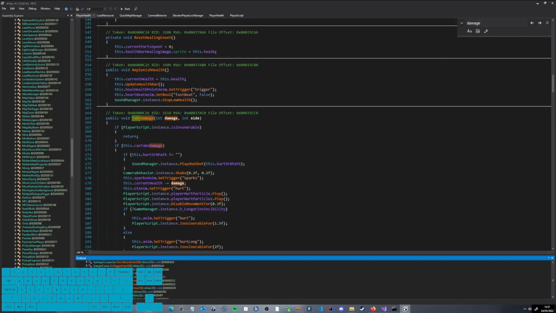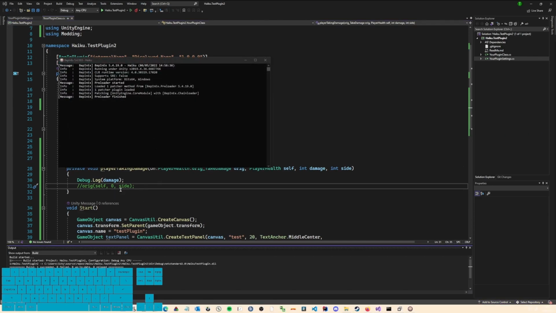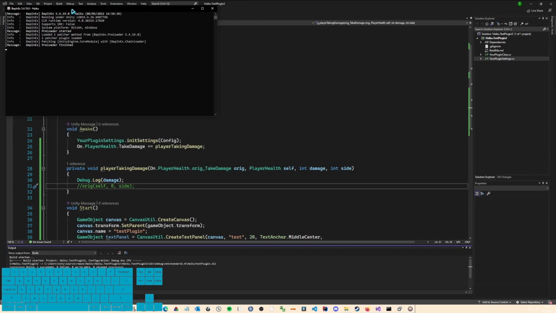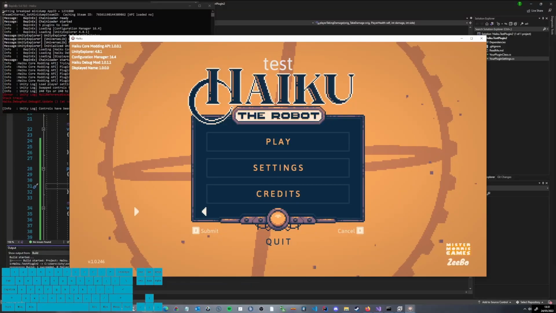That's not the best way of doing it. What we also could do is actually just not do this, and that way we would just not take any damage. Why not just try that out for now? This way, the method actually just wouldn't be called at all. We just basically remove the whole method at that point.